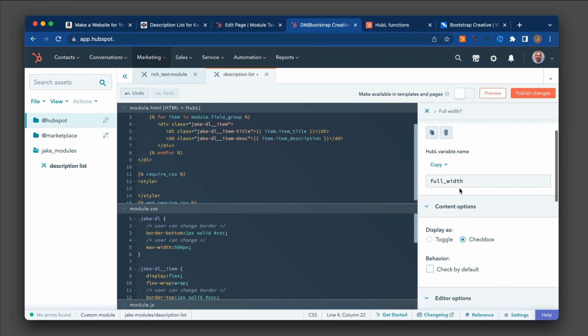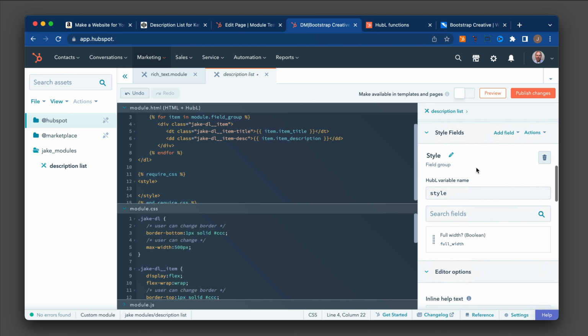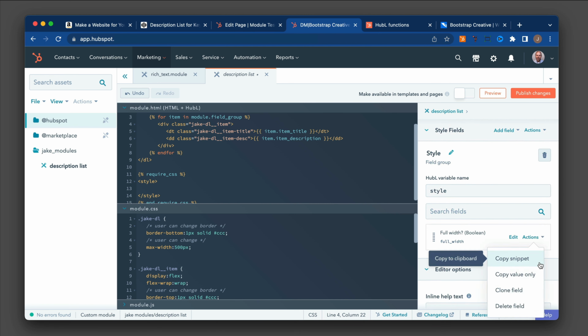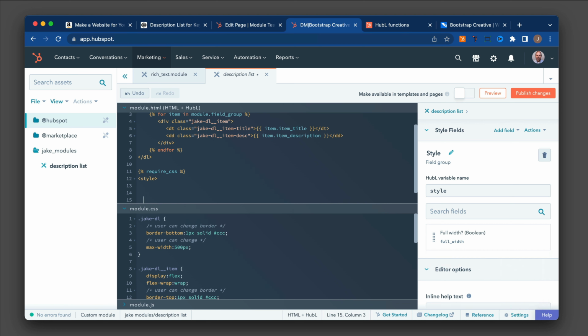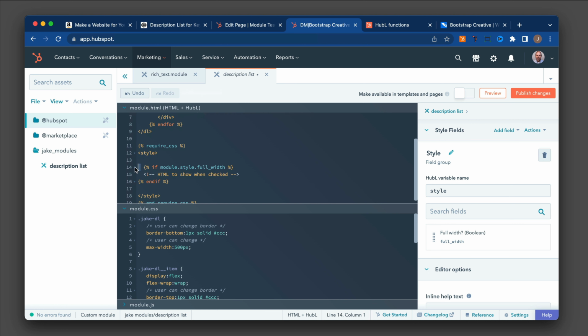So I think all these things look good. So now I'm going to click over here. And then if you do actions, copy snippet, see what happens when I do that. So here it's going to have a conditional. It says if this has a value, display this code inside this block. So we can use that.